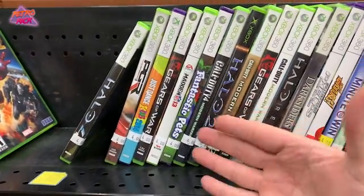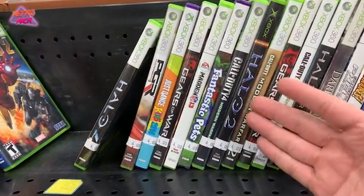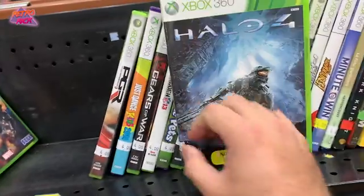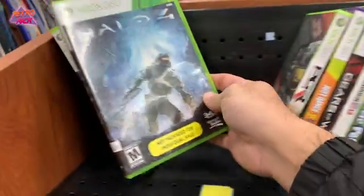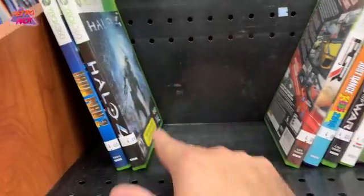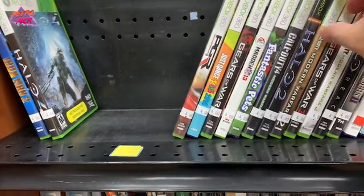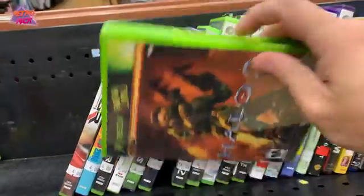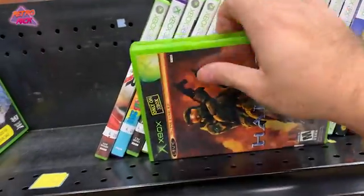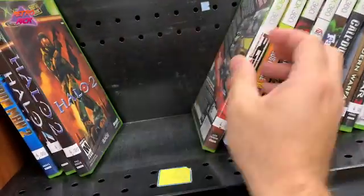So I don't have almost any of the Halo games in the $10 game collection. So we're gonna pick up these just because we don't have any of them yet. $4 each. Not a ton of value here, but again, we don't have them for the $10 game collection yet. Here is Halo 2 on the original Xbox, complete. This one right here,